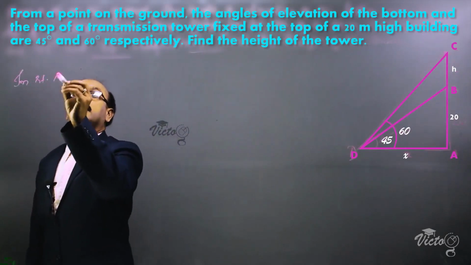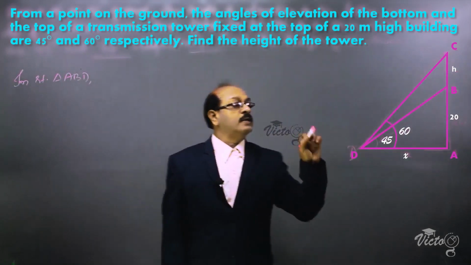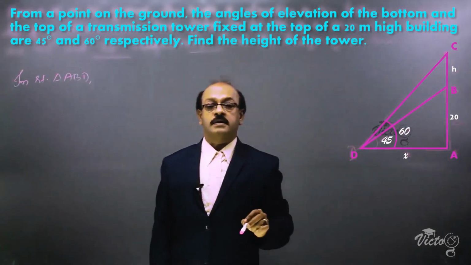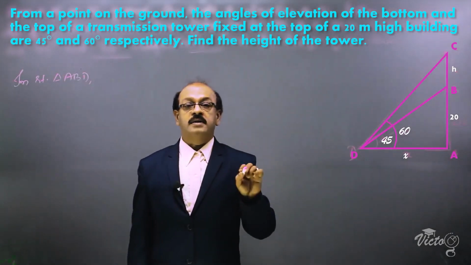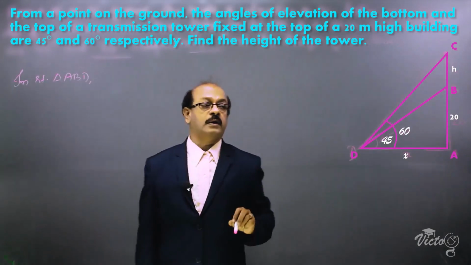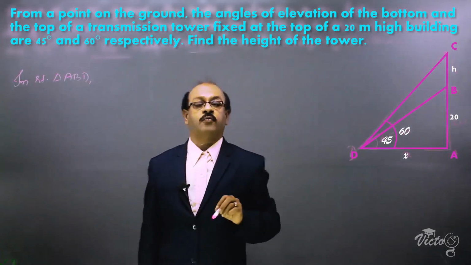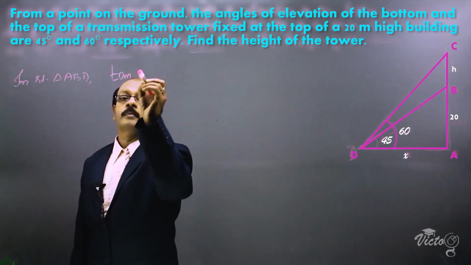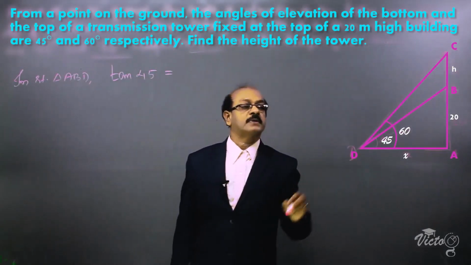In right triangle ABD, AB is the opposite side of the angle 45 degrees and AD is the adjacent side. Opposite side, adjacent side, so we have to take tan 45. Tan 45 degrees is equal to opposite side AB